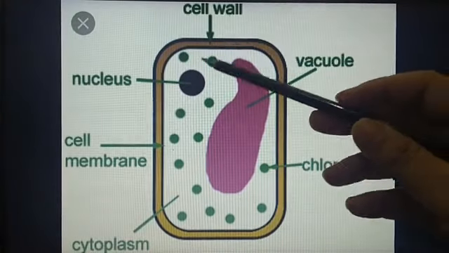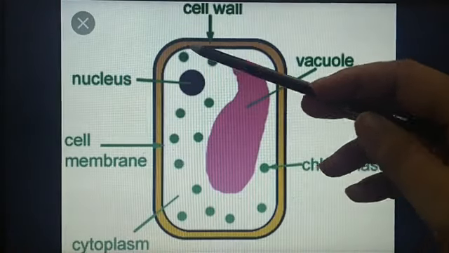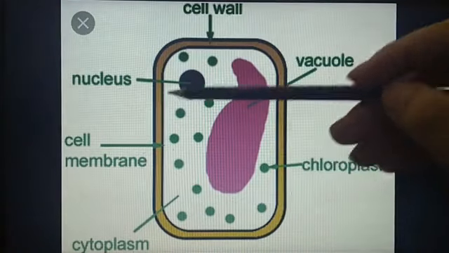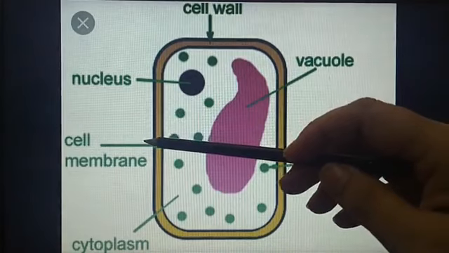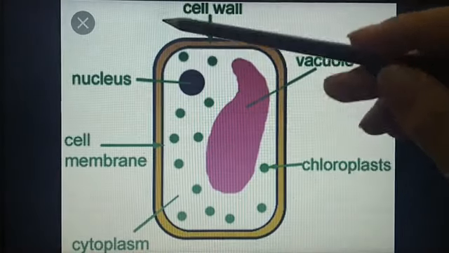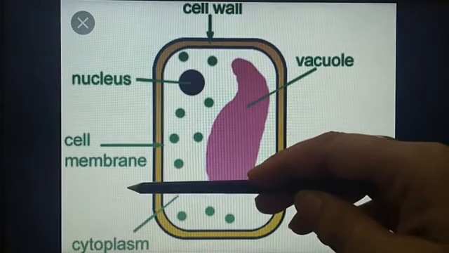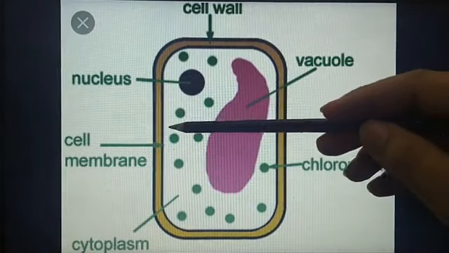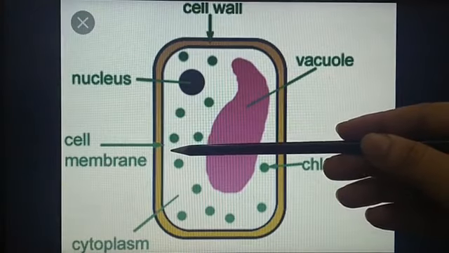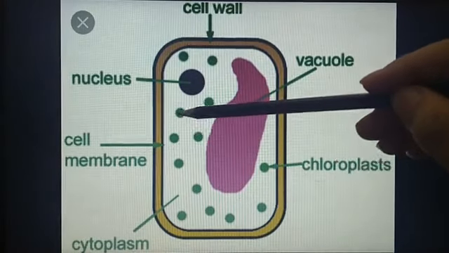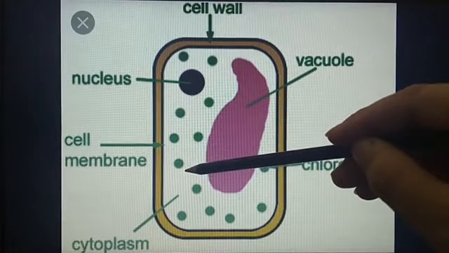Dear children, this is the structure of a cell. This is your cell membrane, which forms the outer boundary of a cell. Cytoplasm is within the cell membrane. Cell membrane is also known as plasma membrane. It separates the interior of all cells from the outside environment. Cell membrane gives shape to the cell. Dear children, cell membrane is selectively permeable and able to regulate what enters and exits the cell.